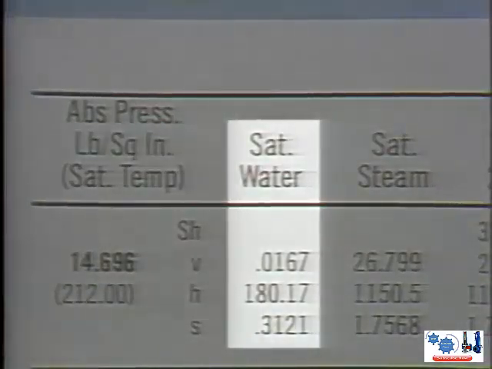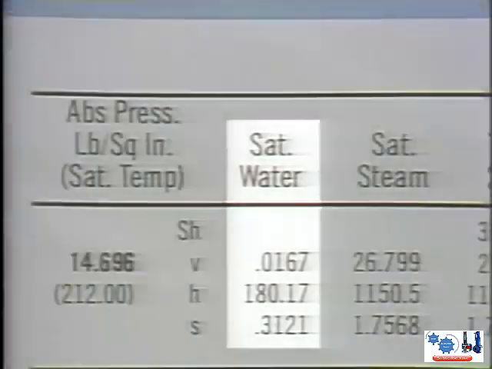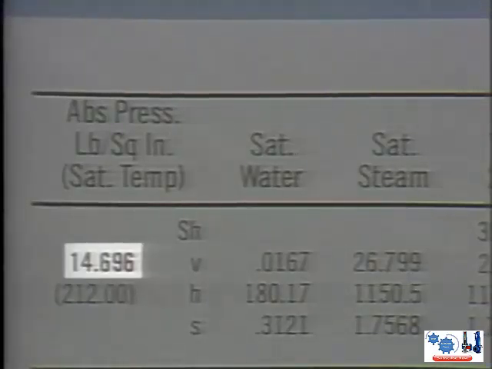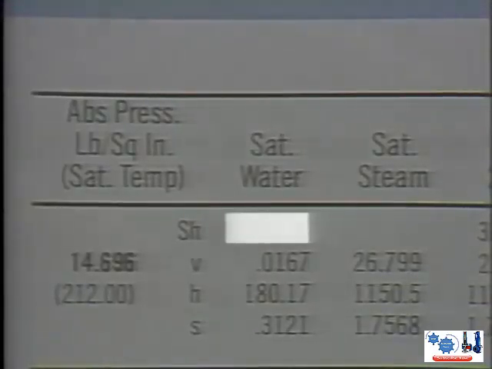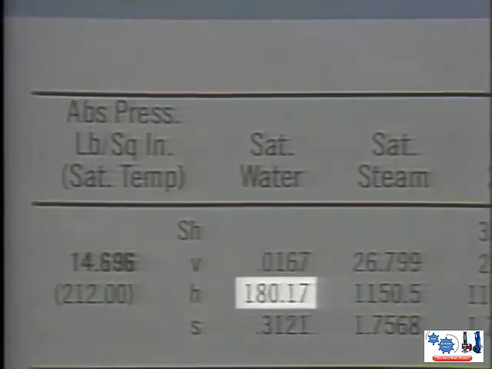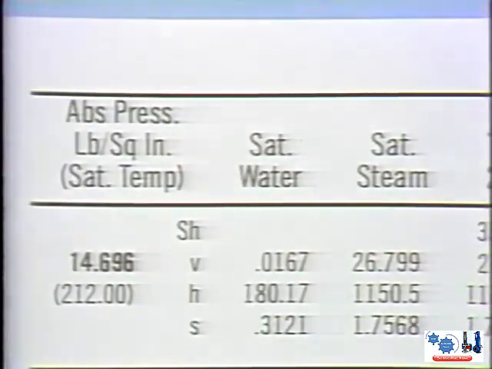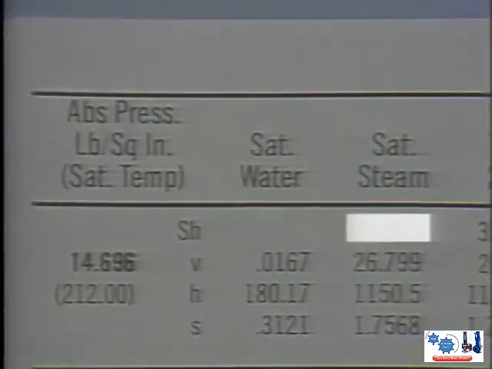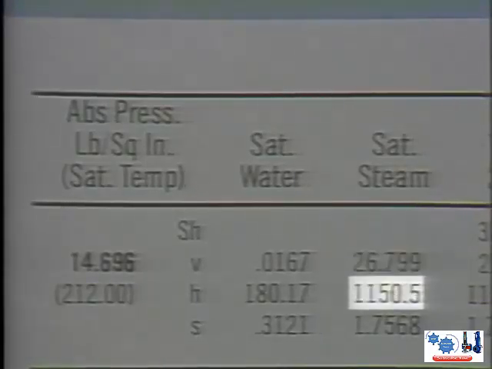Directly across from each of the letters is the value for saturated water at the given temperature and pressure. At 212 degrees Fahrenheit and 14.696 psia, there is no superheat, so no value is indicated. However, there are values for specific volume, enthalpy, and entropy. Next to the values for saturated water are the values for saturated steam. Again, we have no value for superheat at the saturation temperature, but we do have values for specific volume, enthalpy, and entropy. From here on, we can read the values for superheat, specific volume, enthalpy, and entropy directly from the